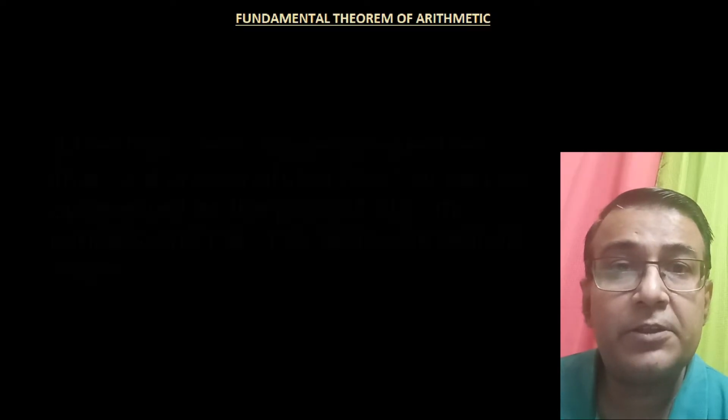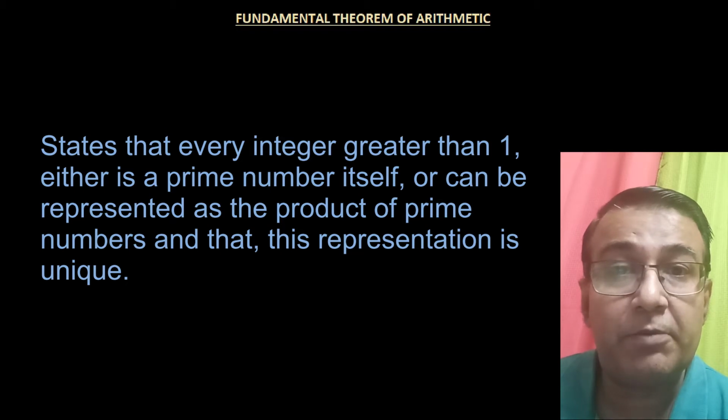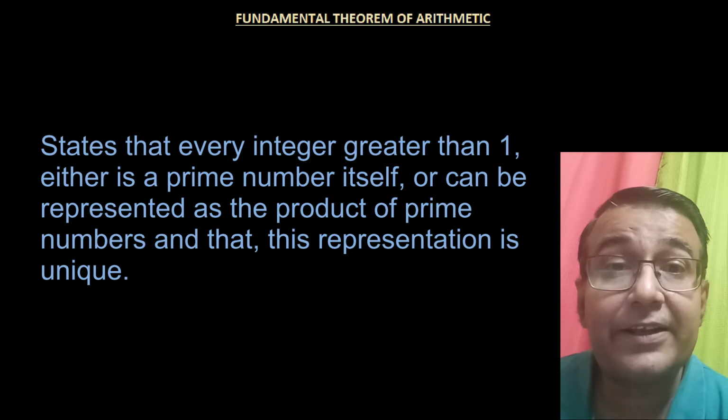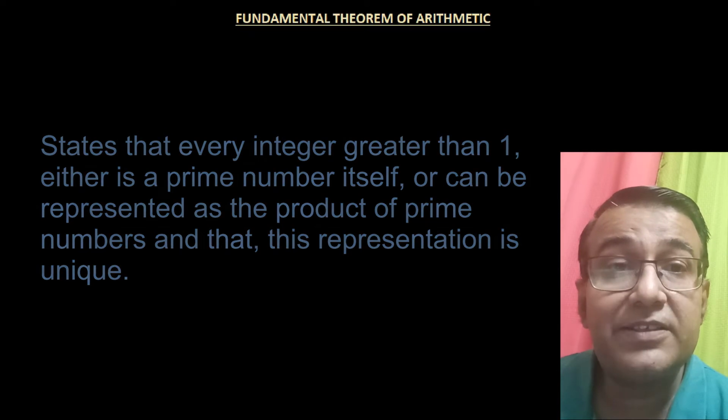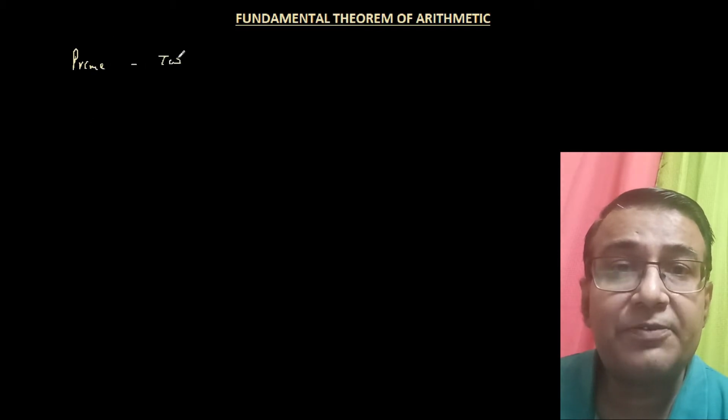So first of all, let us understand what the fundamental theorem of arithmetic is and what it says. The main tenet of the fundamental theorem of arithmetic is that any composite number can be represented as a product of primes, or written as a product of prime numbers. For that, it is very important for us to understand what exactly a prime number is and what a composite number is. A prime number is a number which has only two factors. One is a factor of 1 and the other factor is the number itself.